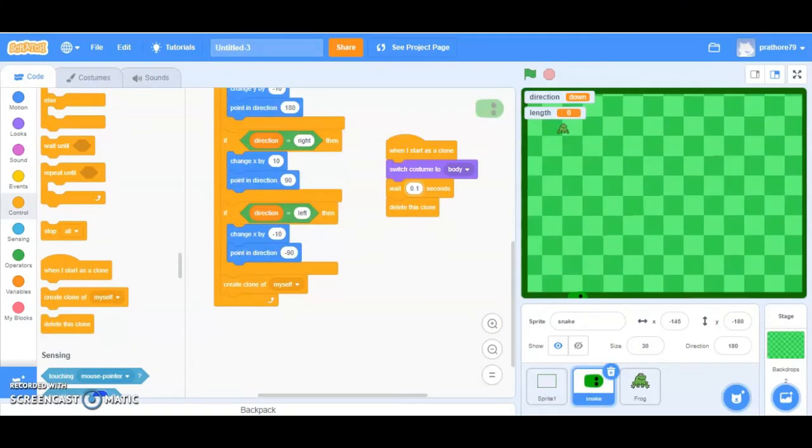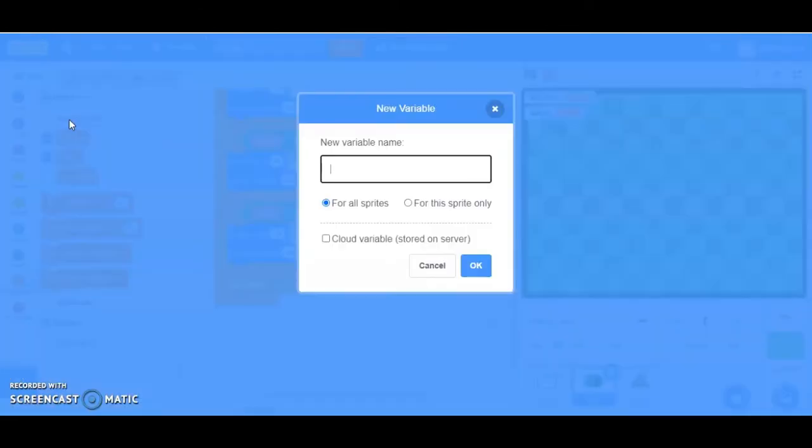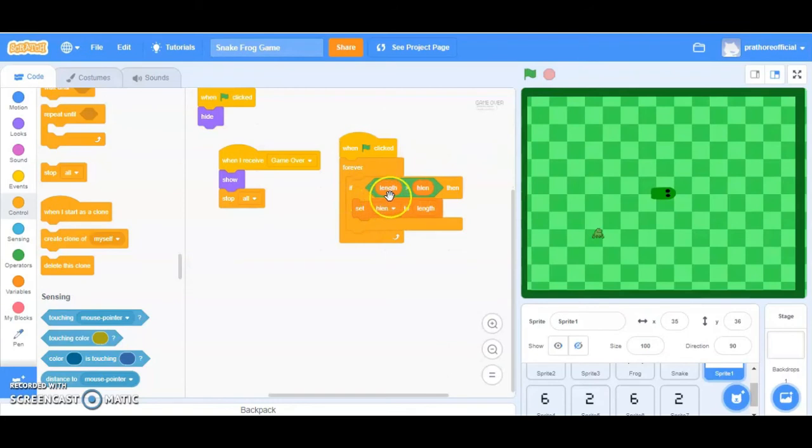So now I will create another variable, highest length. Initially it is 0. So if the highest length is greater than the length achieved by the current user, then highest length is going to be the length. I will create another variable. If my length is greater than highest length, I will set the highest length to length. That's it. Now how to display these numbers?